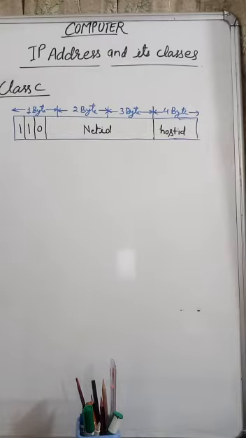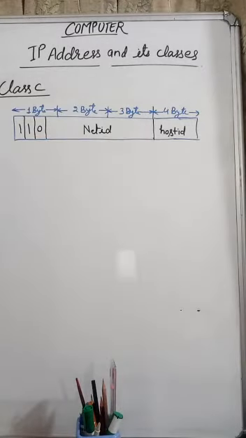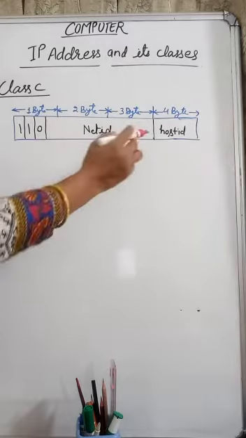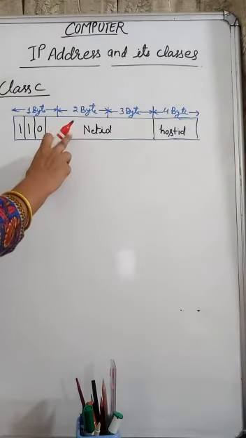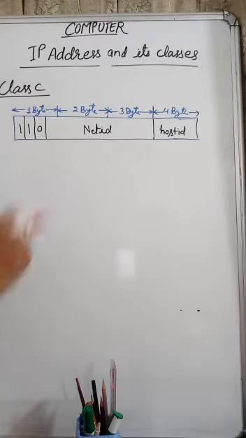We know the IP address. What is an IP address? An IP address is unique in the sense that two devices can never have the same address. There are two parts, net ID and host ID. Net ID is called the network identifier, and host ID the host identifier. The net ID defines a network and the host ID defines a host on that network. Fine. Now we know the classes.